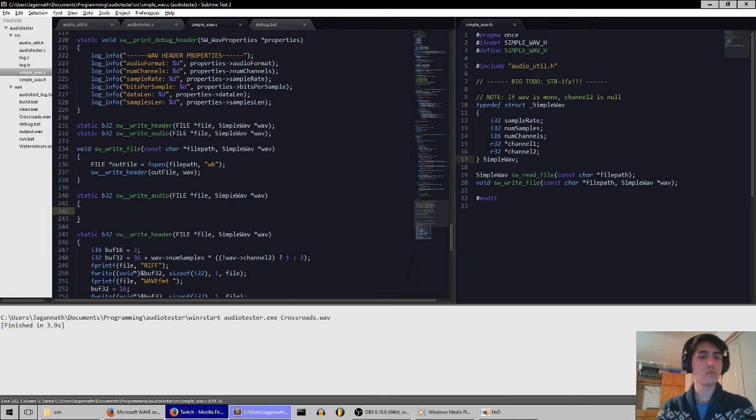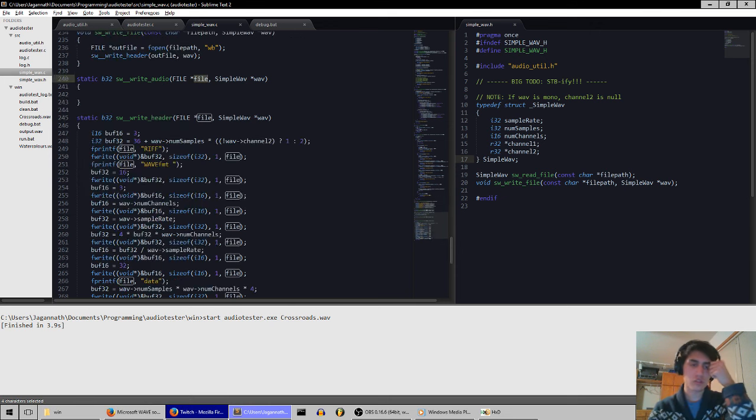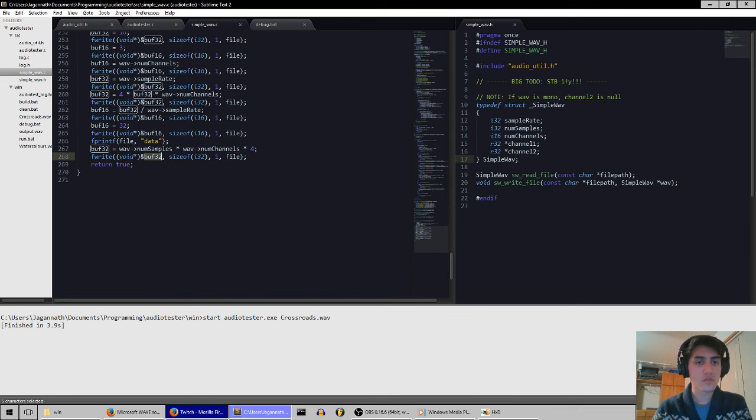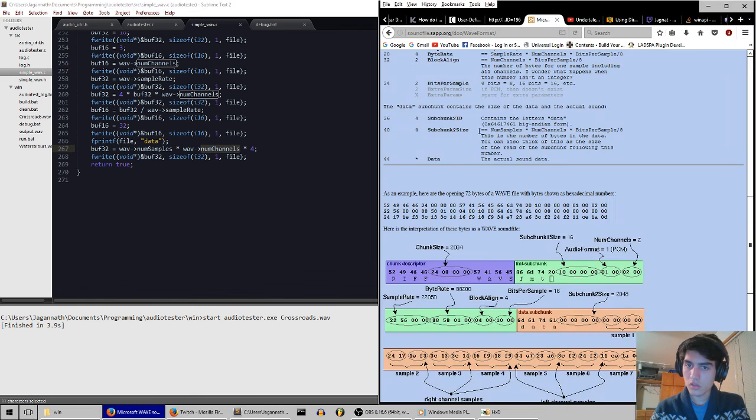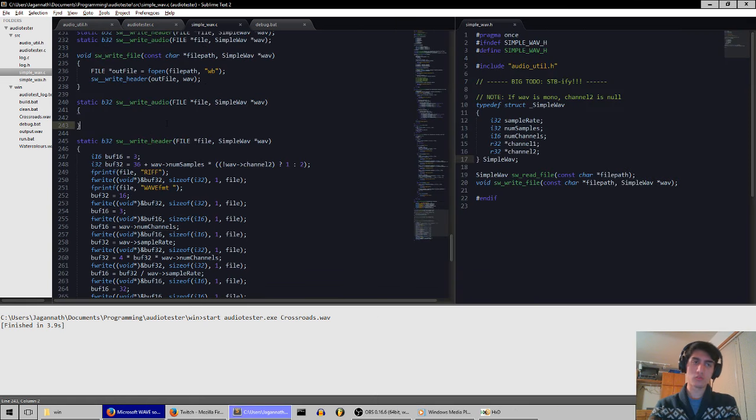So now the file should be seeked to the right position, right? Because the last 4 bytes we wrote were the number of samples in this subchunk 2 size. So right after that comes data. So now I should literally just start being able to write bits and bytes to the file. The thing I need to figure out now is how do I interleave it, right? Because if the number of channels is 2,